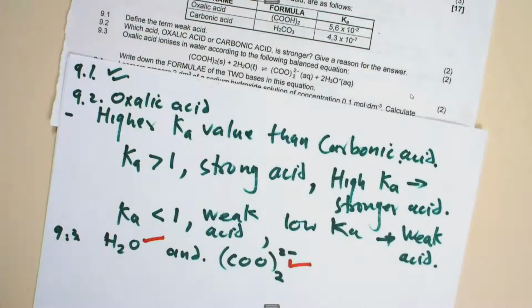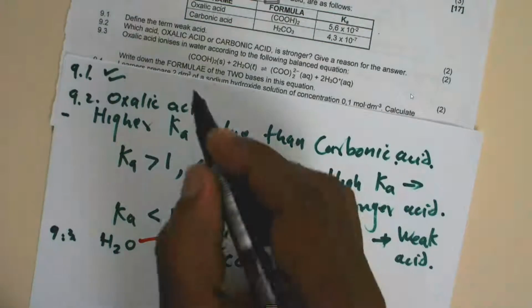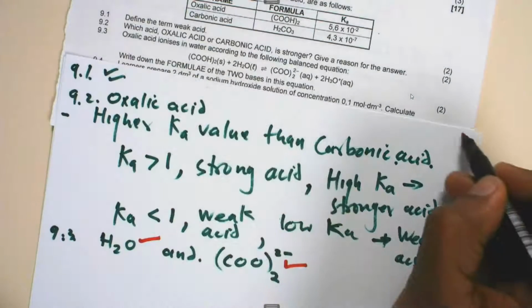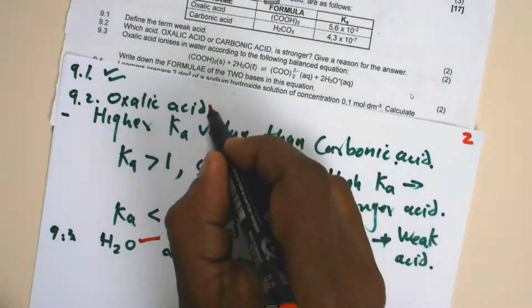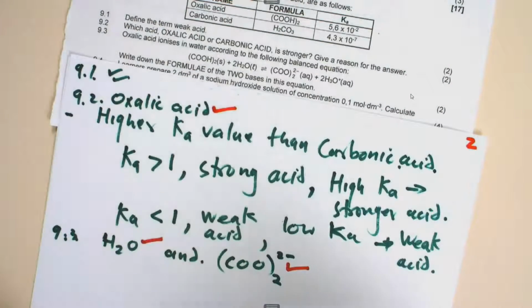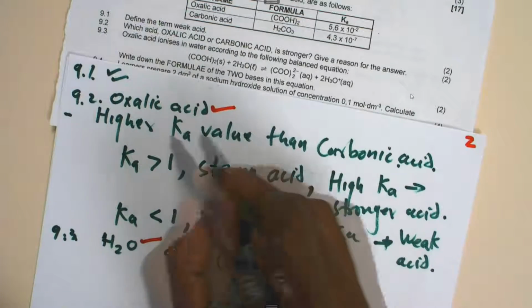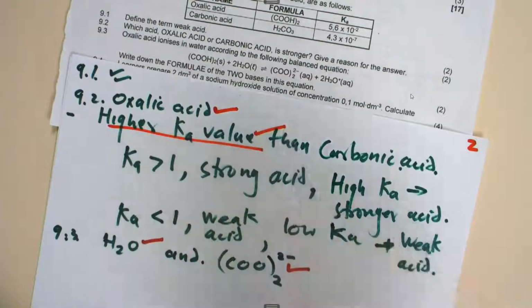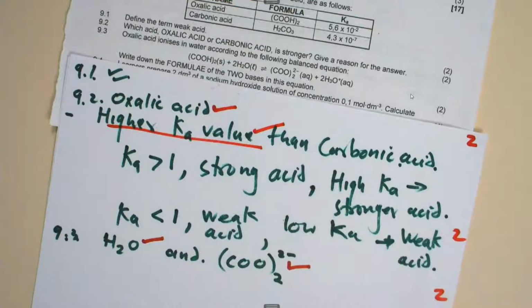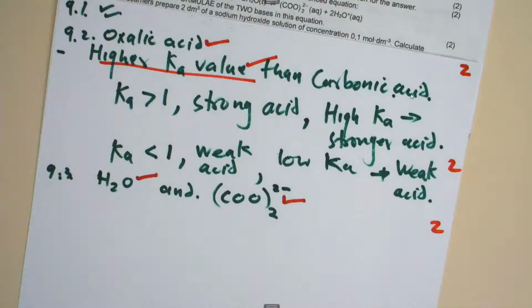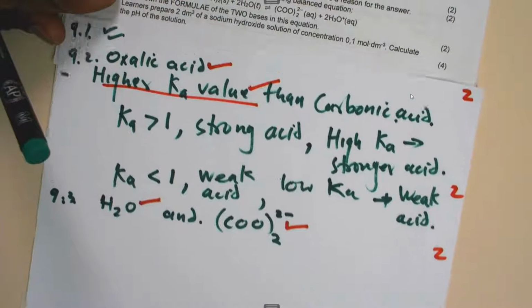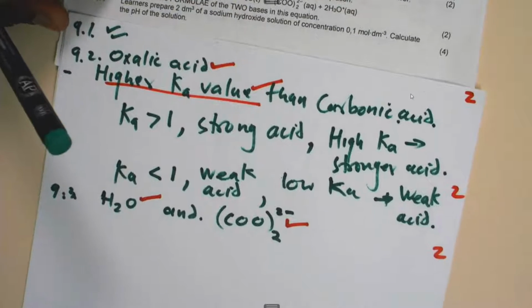The only thing I haven't been doing is the distribution of marks, so I'm going to quickly do that. You have 2 marks for the definition of a weak acid. You have 1 mark for saying oxalic acid, and then higher Ka value, so you will get 2 marks, and then another 2 marks for choosing the 2 bases in the equation. With this being said,